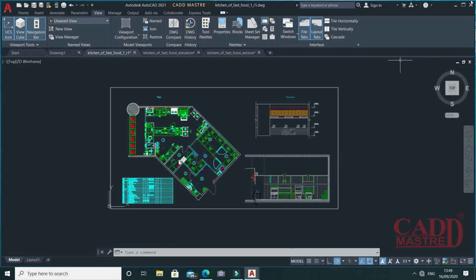So in this way, you can compare the edited portion of your reference file with your current drawing file. In the past, it was a manual, time-consuming process to keep track of the changes in a project. But now this feature helps to save your valuable time and helps you work faster.